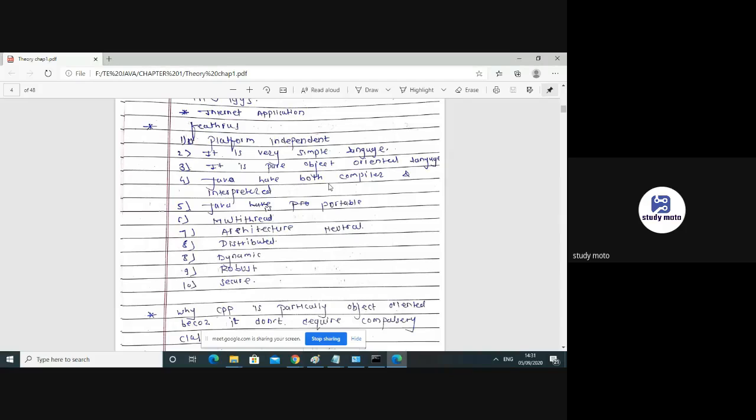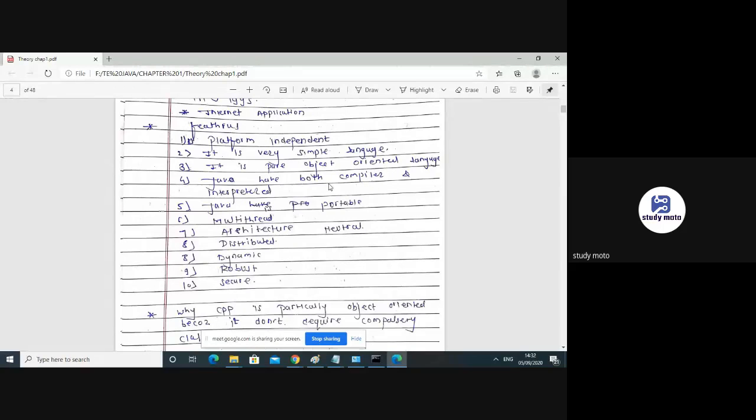Everyone knows the features of Java. Platform independence: Java has both capabilities, compilation and interpretation. After compilation it gives bytecode, which is converted into machine code. It is a very simple language because we use classes from packages. We can define our own classes also, but mostly everything is included in packages. Unlike C and CPP, where we have a large amount of code, it is reduced in this language.